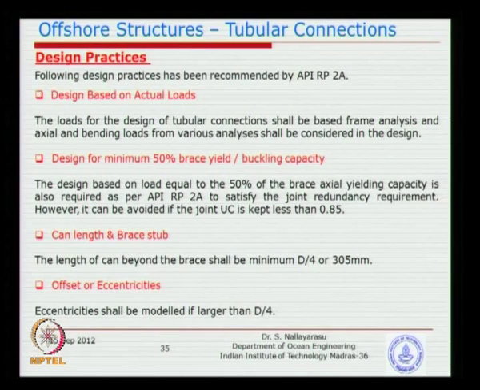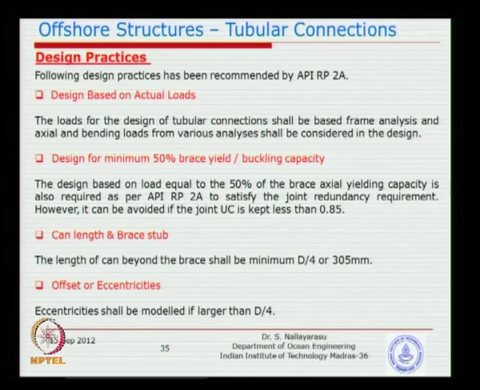Safe or unsafe. The second requirement, by the API, as I explained last class, is to make sure that even if the member stresses or member loads are very small, since you have oversized a member, or you might have put in a member which is not required to be so big. A typical case would be procurement: you buy a pipe which is bigger because it is available, and you put it there, so the loads will be smaller for that particular size. In such cases you should take 50% of the capacity of the member instead of the loads, because the load is so small and you do not want that joint to fail. This is called a capacity check, and it is mandatory.